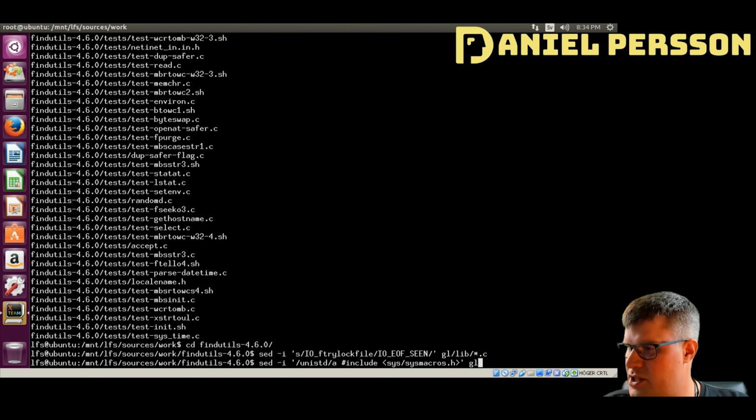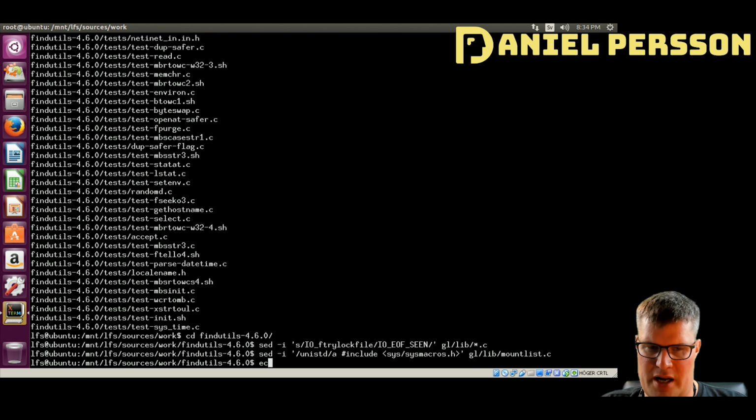We do that to gl lib mount list.c, and then we do an echo again, and we add this define that we did earlier. See here, define io in backup and the 100. So this is the fix that we needed for this version of glibc that we talked about